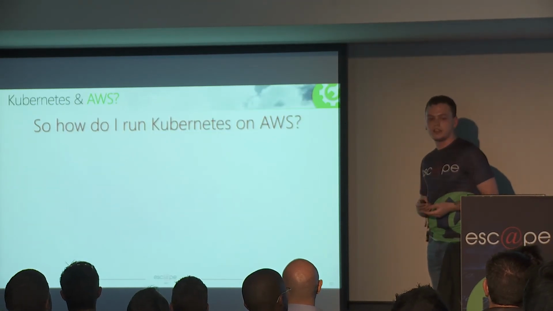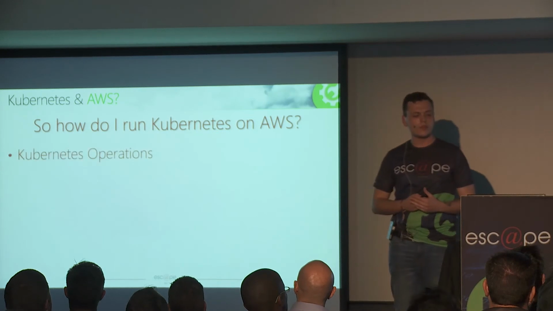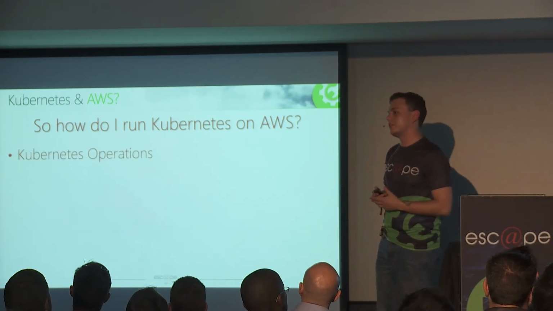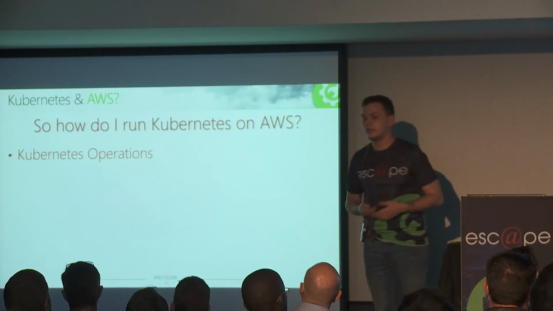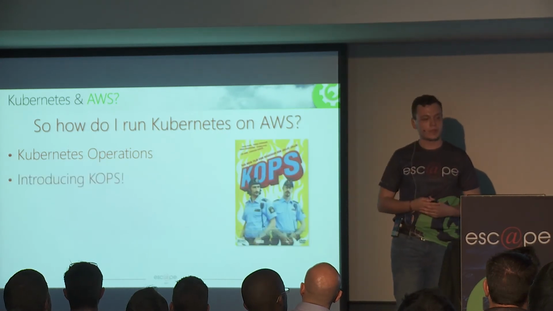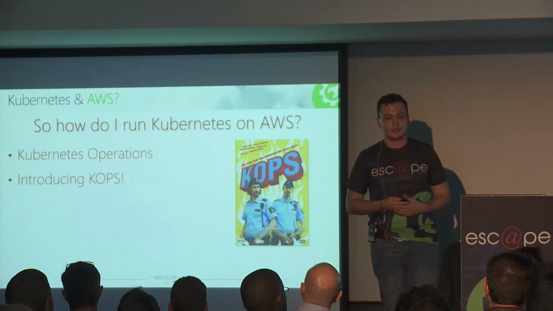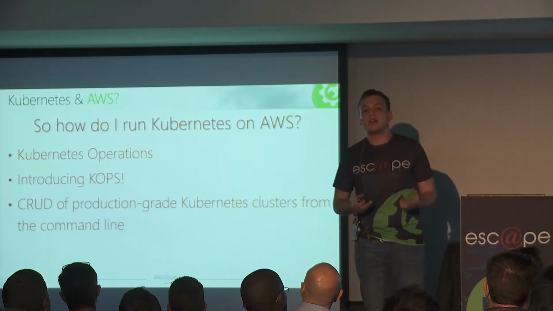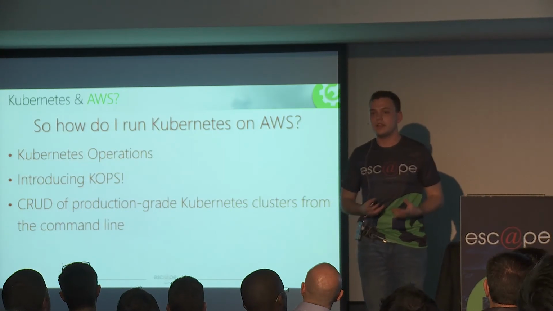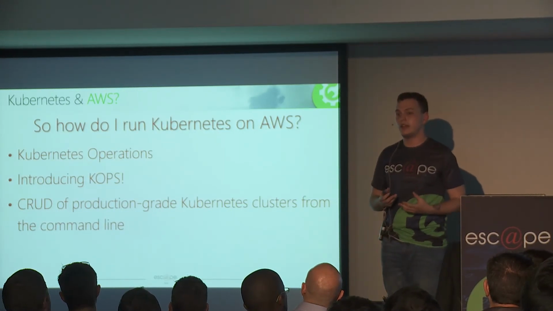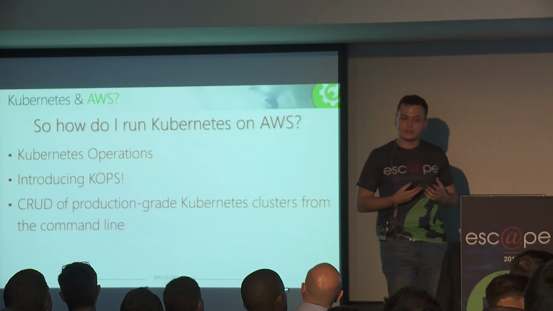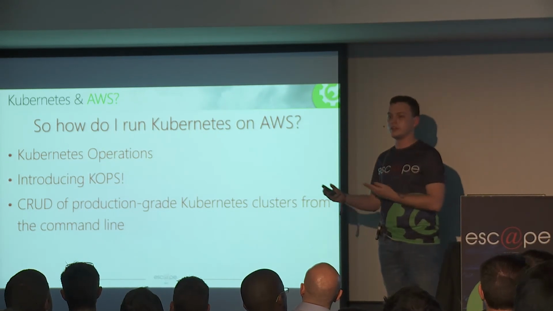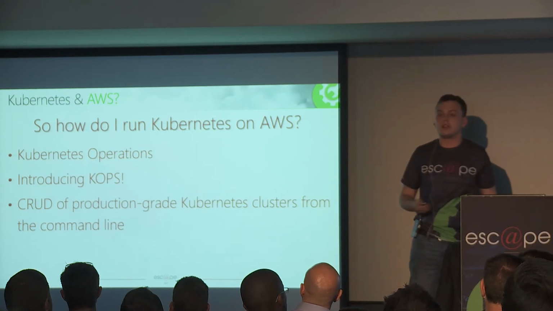So how do I actually run Kubernetes on AWS? We can use something called Kubernetes operations. So just to bear in mind, this is not the only way. There are various options, but this is what worked well for me. Or, as it's also known, COPS, which is essentially just CRUD of production-grade Kubernetes clusters within the AWS cloud, and it makes it so easy to upgrade my clusters as well